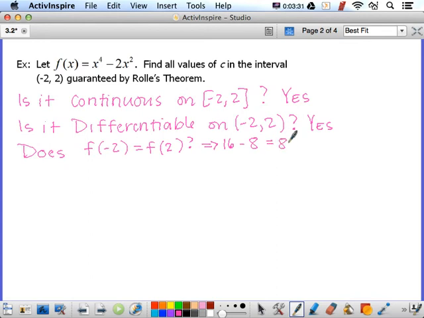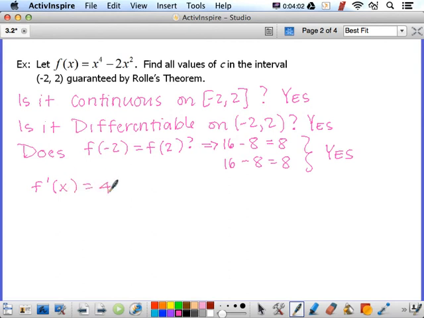Let's see if we get the same thing when we plug in +2. 2 to the fourth is 16, minus 8. So are they equal? Yes. Okay, so we are convinced that all three of those conditions are met and that Rolle's theorem must apply. Now Rolle's theorem says that somewhere in there the first derivative has to equal 0, and they're just asking us to find where. So if we take the first derivative,